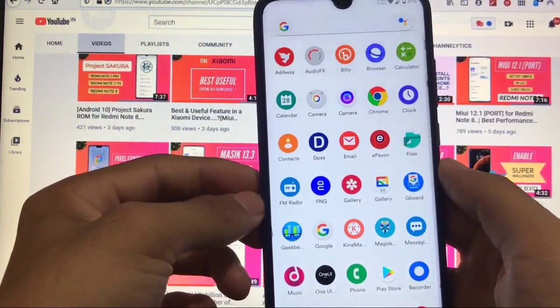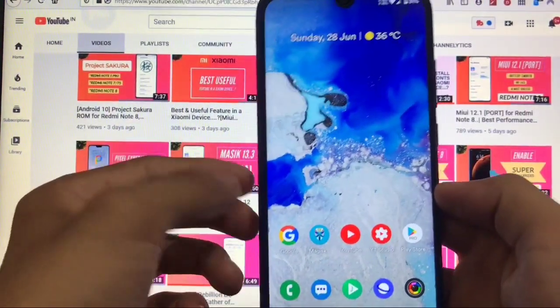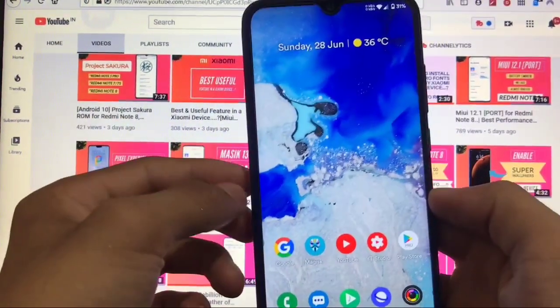In June 2020, using an Android 9 based ROM is still worthy, so you can go and try it out right now. This was all from today's